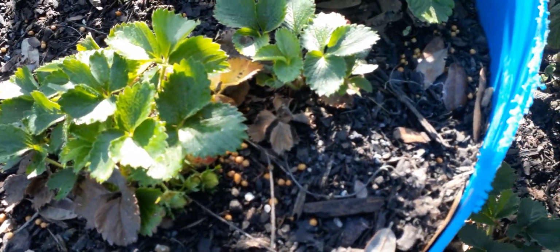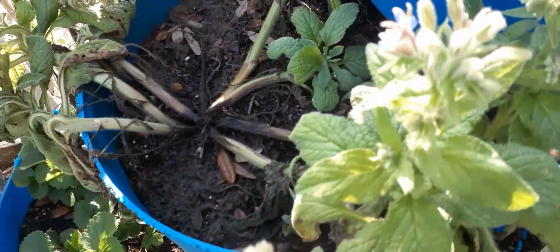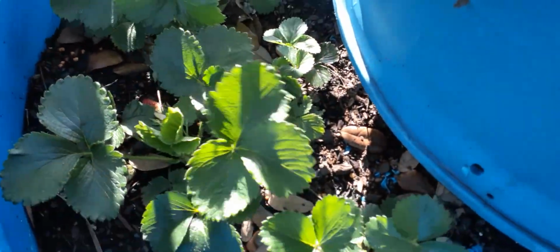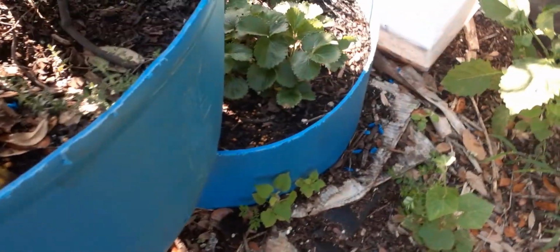So good. So yummy. And we've got borage growing here. And we had some strawberries in here, but they didn't do as well. Got strawberries down here. Are you tired of hearing me saying we've got strawberries? Don't really have anything planted down there. It doesn't really get enough sun. Just kind of there for base. There's a little thyme here